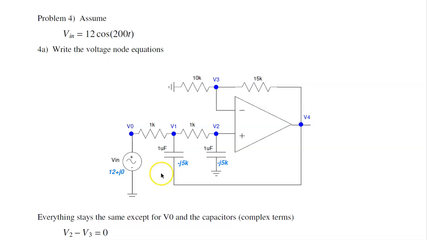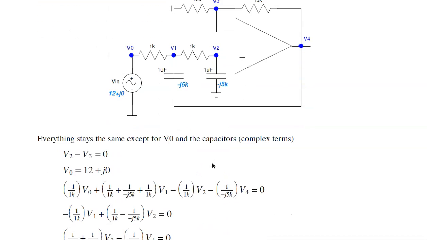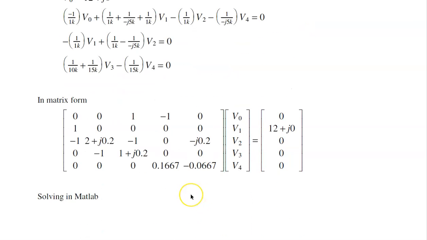If I change the problem, change the input to 12 cosine 200t, now the input is 12 plus j0. The frequency changed, so the impedance of the capacitors changed. This is 1 over j omega c. Now write the node equations just like we did before, except that now I have minus J5000 for the capacitors. Group the terms,